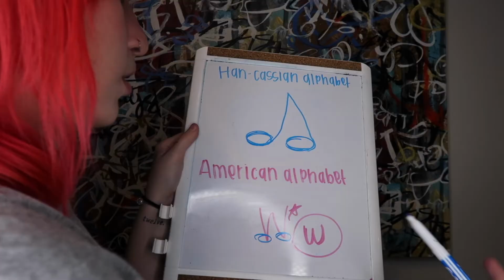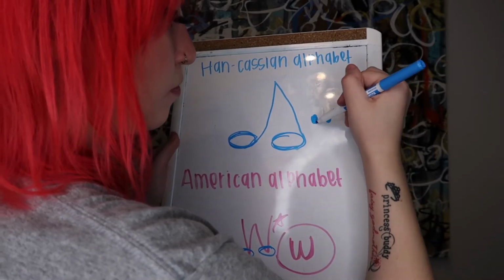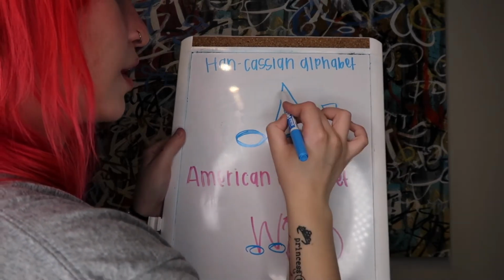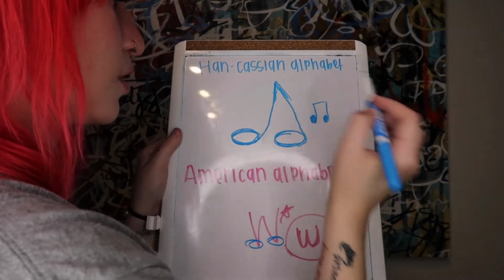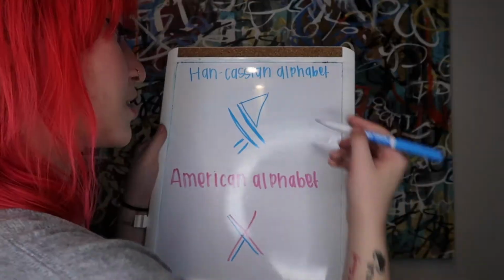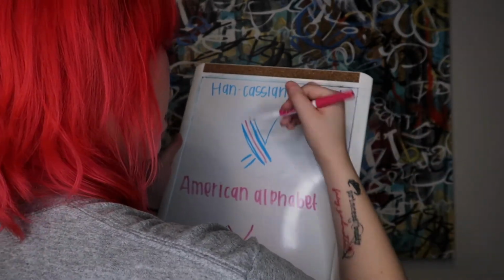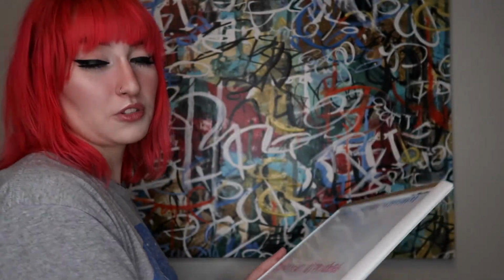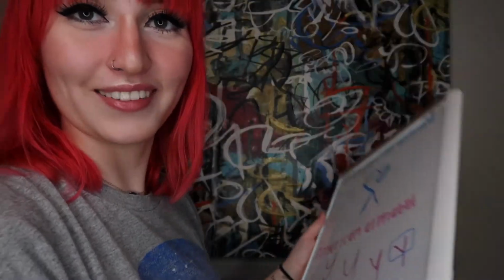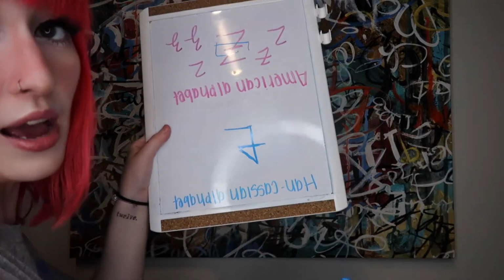Here's W. Alright, so it's kind of like the music notes, right? Except we don't have this square shape, we have this triangle one, of course. All right, bear with me, we're almost there. So we're going on to X. So it's kind of got that same shape of the American. Almost there. Let's go on to Y. So it's kind of like my posture on that one. Ha ha ha. Z. So it's kind of like an upside down 7 with a little line.